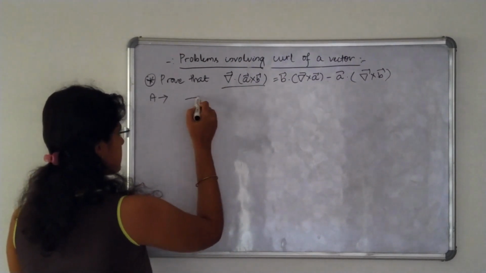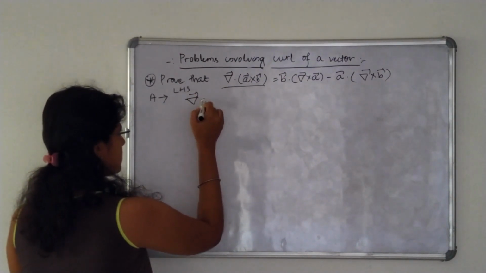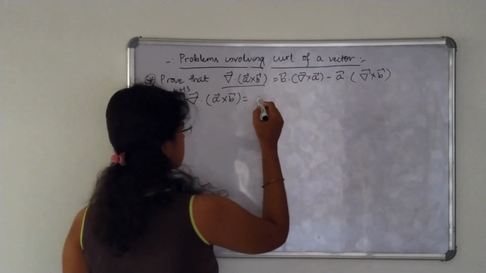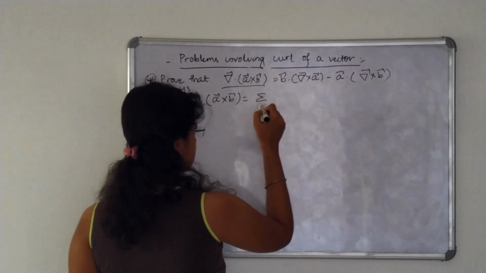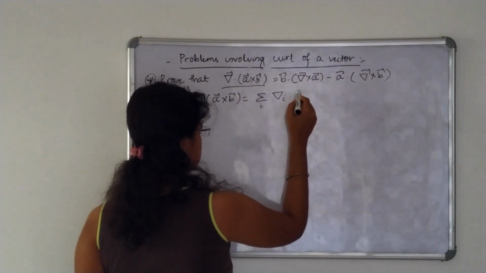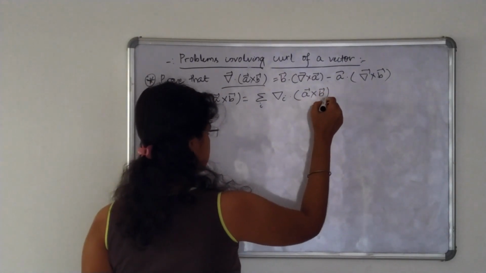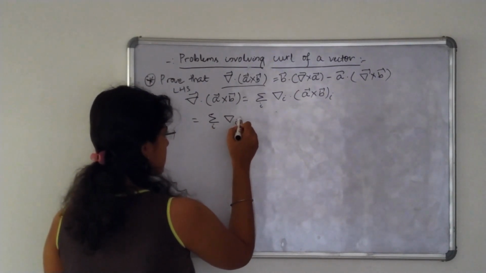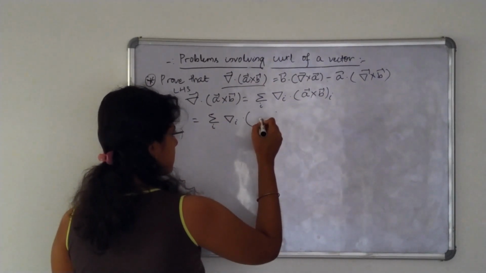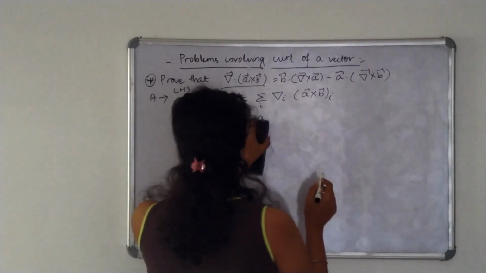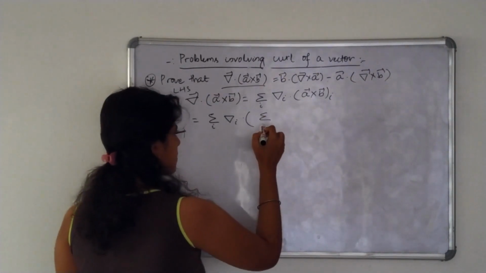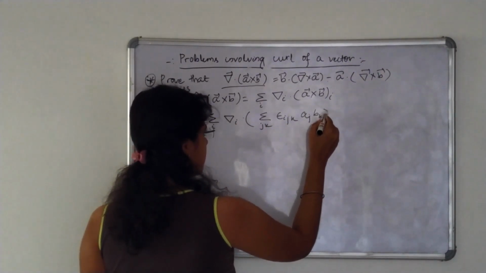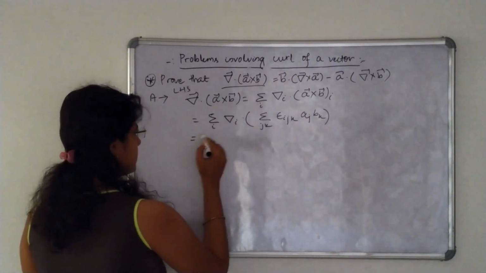So we have to take this LHS is equal to a vector cross b, okay, is equal to, when we expand this, then we will get a_j b_k. Okay, then